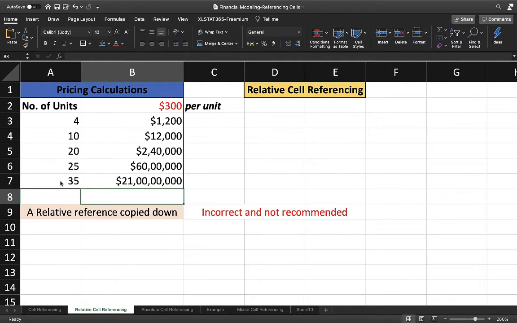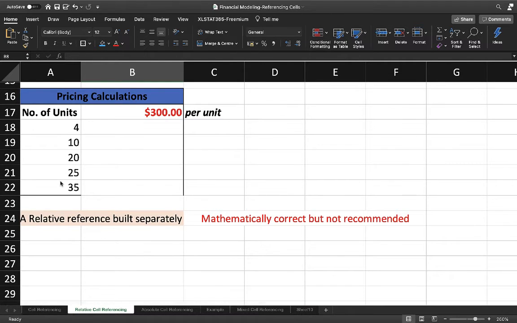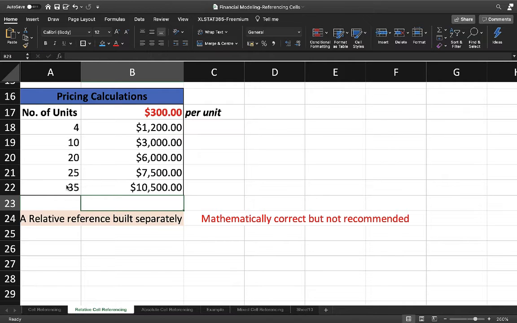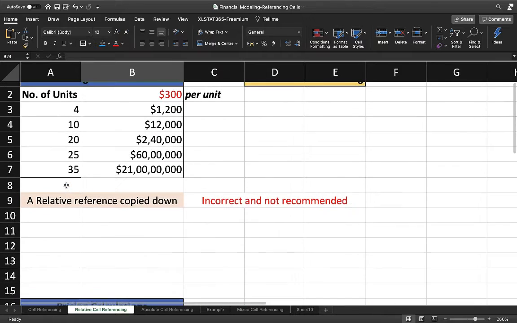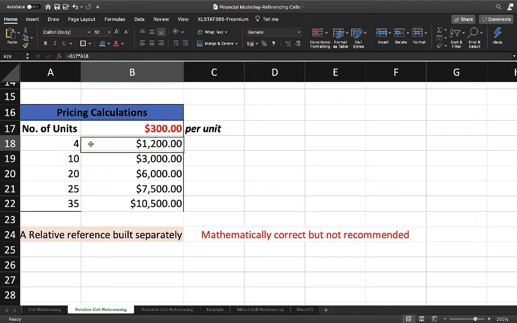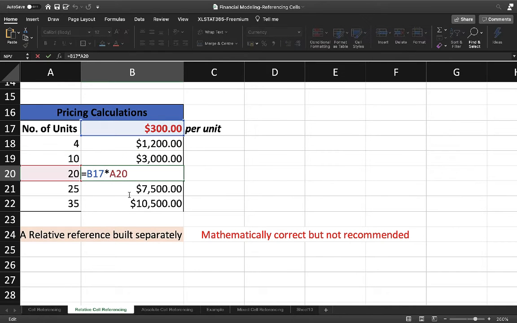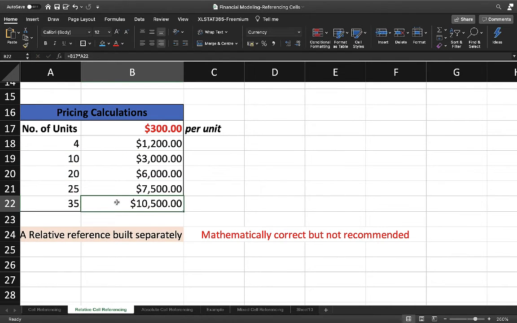This method is incorrect and not recommended. To get the correct result using relative cell references, you need to recreate the formula 5 times instead of copying down in these cell ranges. Just type equal B2 multiply. I've got this value. So I have got these values. Now you can easily see that we have got values increasing here, but here the values are not that high, because we have used B17, meaning this 300, then we have used B17 again, and again, so this value remains the same here.